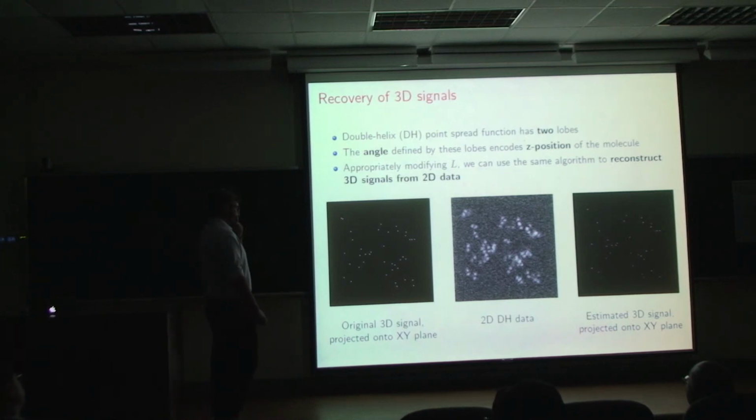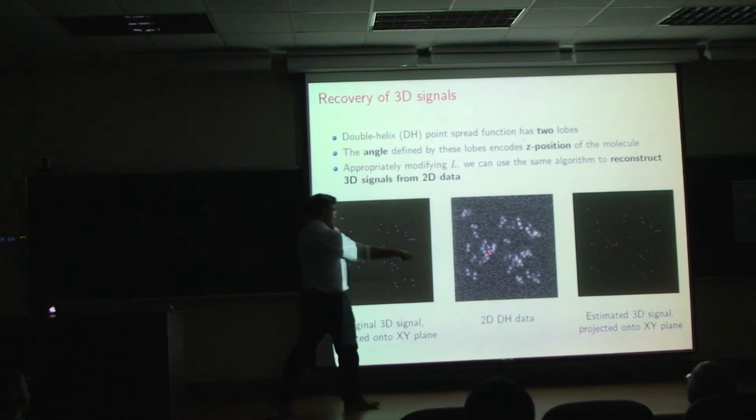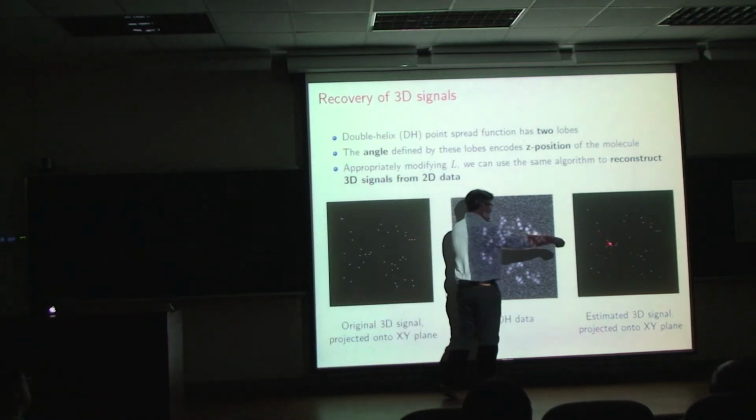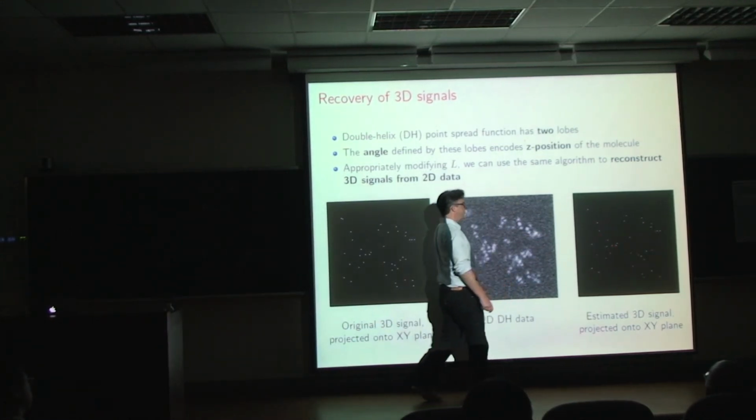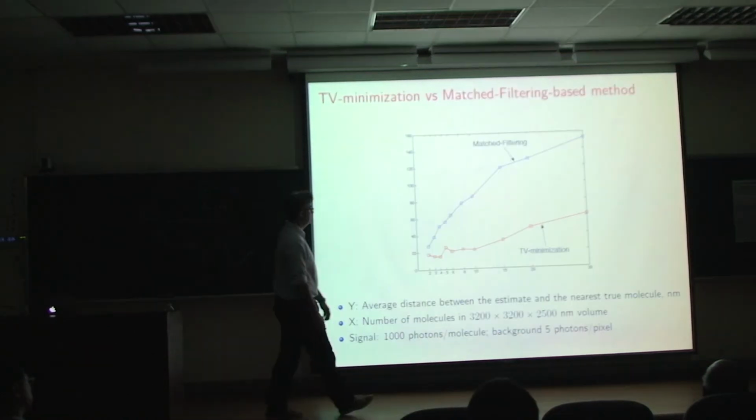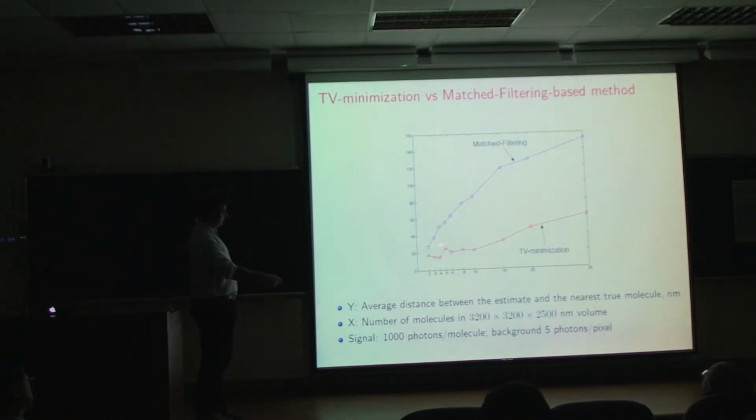Okay. And so this is what we can get. We can go from data that looks like this to data that looks like this, and then we can lift this up to recover x, y, z. So when you look at the performance of this TV minimization algorithm, it performs much better than the state of the art in